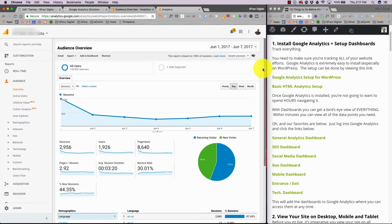So once you have analytics installed, you can go into analytics, and of course it can be a little overwhelming, right? There's a lot of different categories and items on this left hand side. I never spend a lot of time in analytics because I create these Google dashboards. What dashboards do is they compress all of your content and analytics reports into quick and easy snapshots, right? So what we've done is we've curated a list of 4, 5, 6, 7 different dashboards that we use. General Analytics Dashboard is just a general overview of your site. The SEO Dashboard is your organic search queries and people coming to the site from organic, social media, geo, mobile,